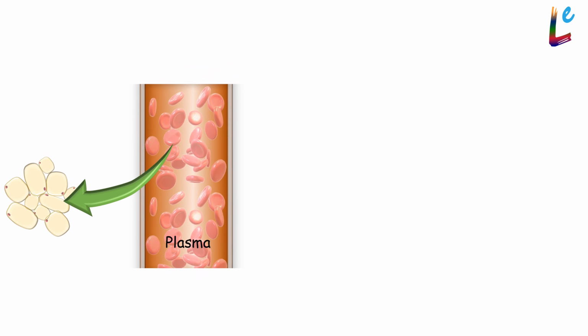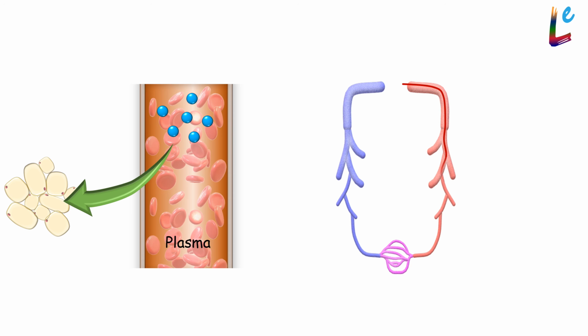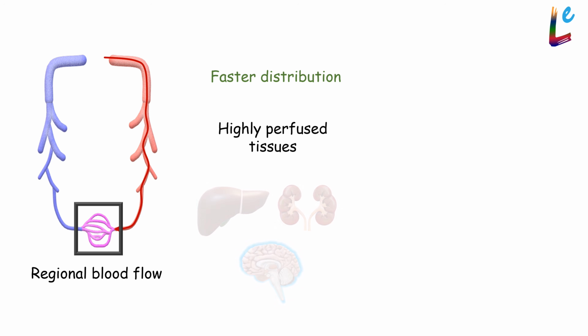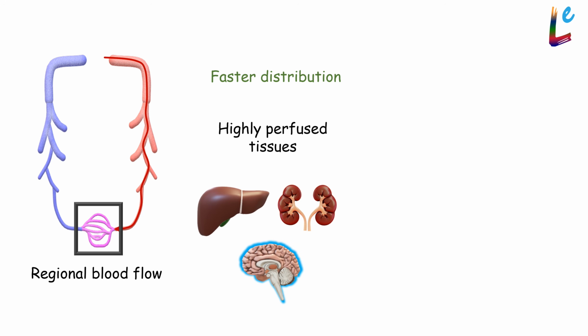But for any of this to happen, the drug must first be delivered to the capillaries. This depends on the blood flow to the region. Logically, the drug will be distributed faster to highly perfused organs like liver, kidney, brain, and slower to less perfused